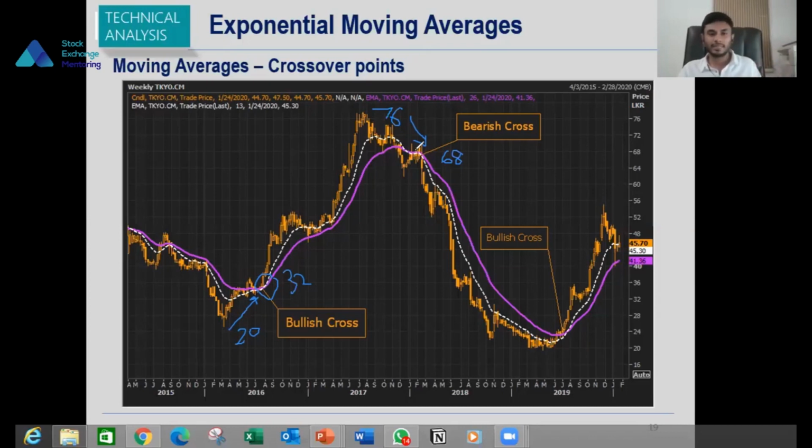So based on those late signals, sometimes we might have to take our decision at 32 and exit at 68. But as professional traders, instead of making impulsive trades, if you are trading based on moving averages, you can comfortably trade at 32 and then exit at 68, instead of buying in an impulsive way at 20 and trying to reach 76, which is like gambling on the market without these indicators, and may be impossible to identify those points. But based on our rational indicators, our investment decision making is more processed and streamlined through rational steps. So this is the importance of using moving averages.